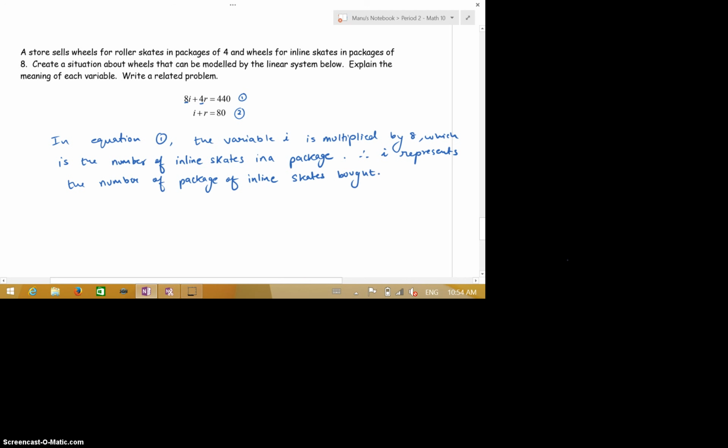Right, so if the 8 represents the wheels in an inline skates package and you're multiplying it by I, then I must represent how many of those packages you bought. Similarly,